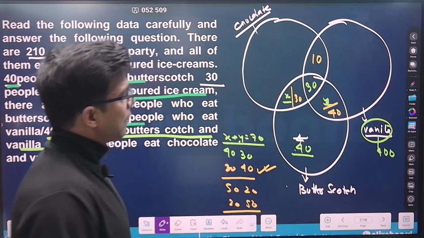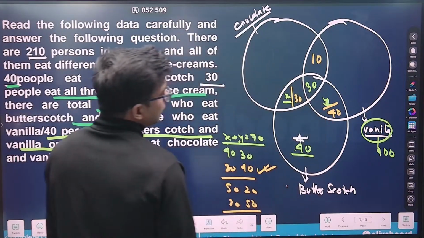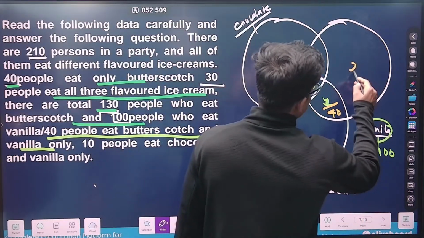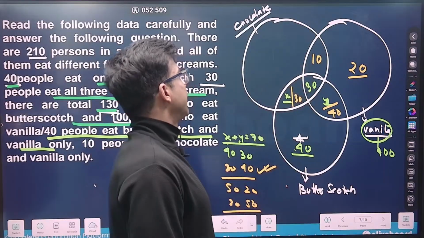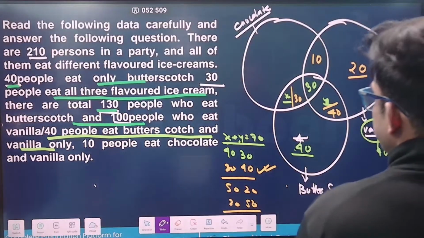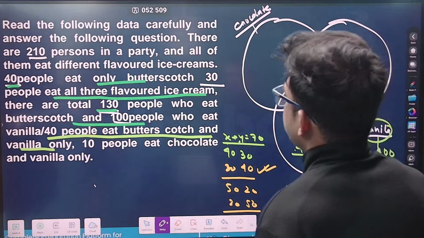Now I think most of the questions have been done now, basically. Okay. So this is 40 plus 30. How much? 70, 80. If this is 80, the whole is 100, so this would be 20. Now this is 30 and 30, 60 and 10. How much butterscotch is there? We have butterscotch 130, right? So butterscotch is 130. How much are we having chocolate? Anything about the chocolate, everyone?